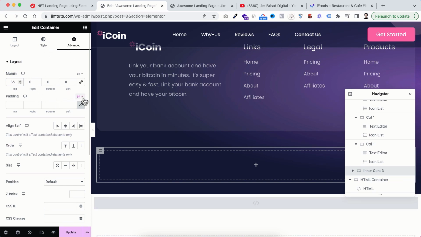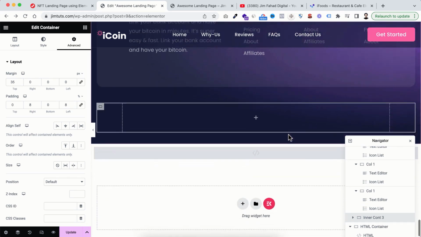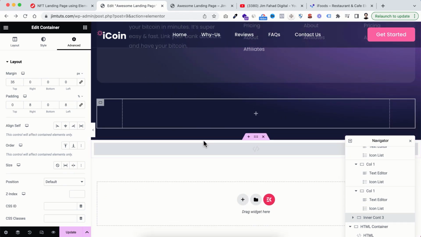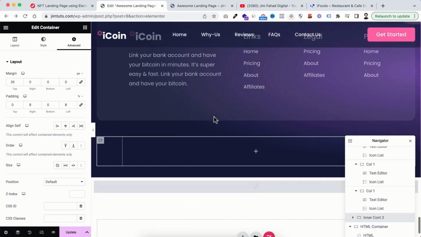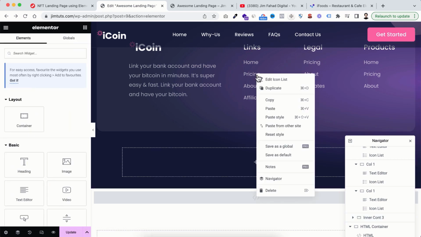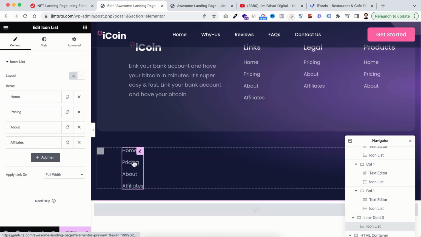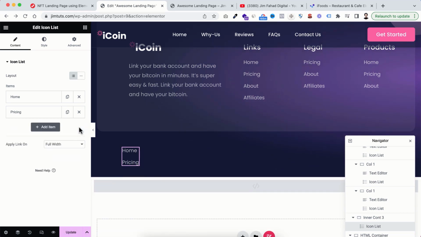Okay, so here first we can make it in percentage, so unlink it at the left and right. I just want to add 8% of padding, just like it, 8%. Okay, so here let's put this navigator here so you can see it clearly. Now within this place I wanna add some icon list, so actually we can copy this icon list from here. Let's copy it. Now within this place just paste it here, but here let's delete these two, and I wanna